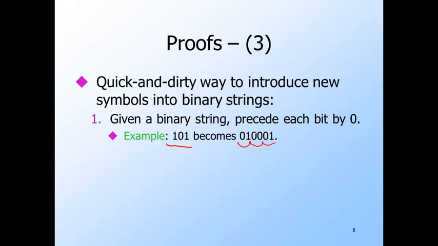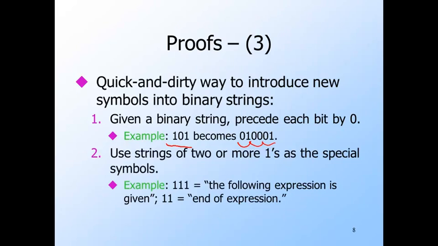Now, as a consequence of this change, strings have no consecutive ones. Use strings of 2 or more ones as the new symbols. For example, we'll use 111 to mark a given expression and 11 as the marker for the end of an